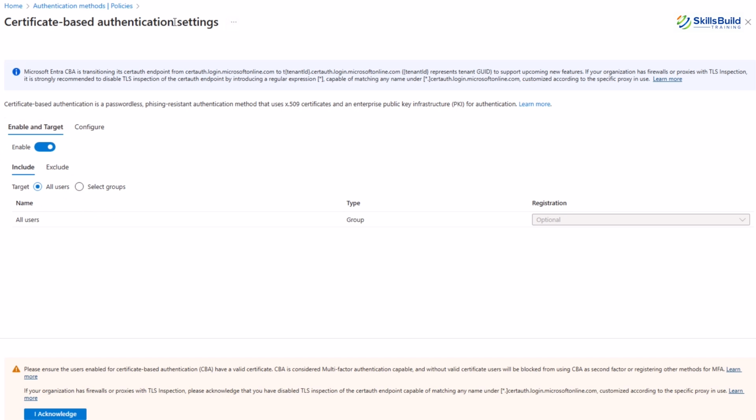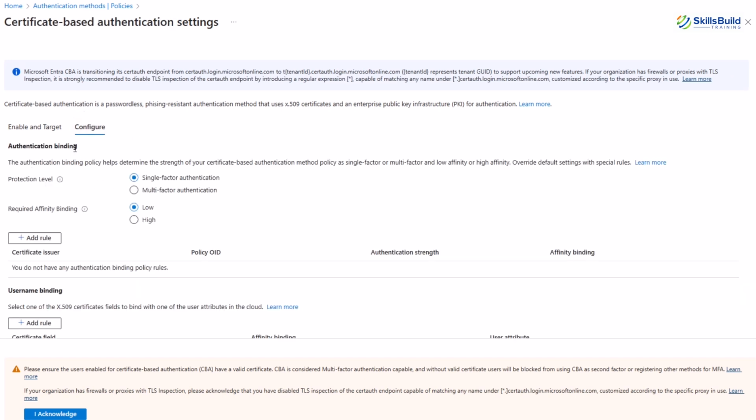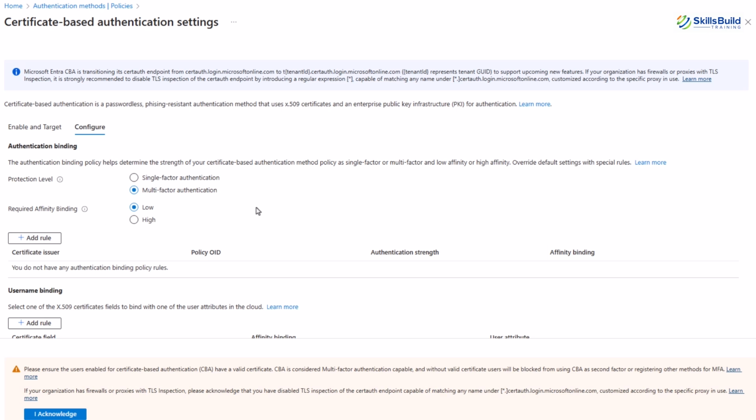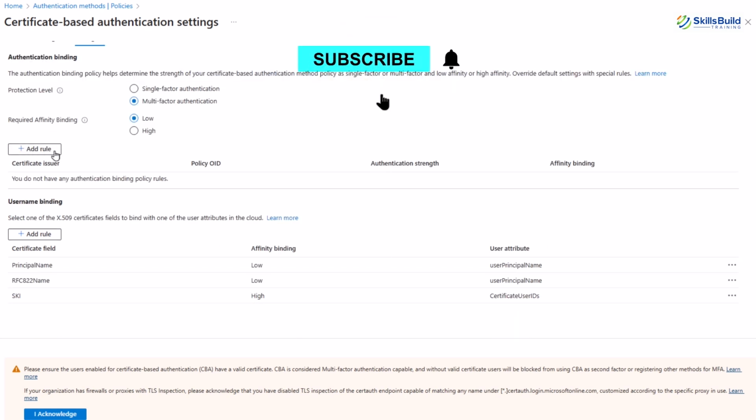In the Configuration tab, you can see there are two options. One is authentication binding, and the other is username binding. Authentication binding setting allows you to define the strength and affinity of your certificate-based authentication policy. You can choose between single-factor authentication or multi-factor authentication for the protection level, and low affinity or high affinity binding, which determines how strictly the user's session is tied to the certificate. You can also add special rules based on the certificate issuer, policy OID, authentication strength, and affinity binding to override